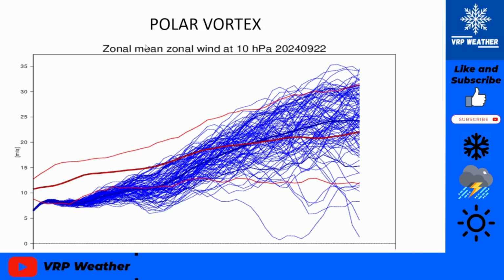Now talking about the polar vortex. There's been a lot of hype surrounding how it's been weaker than average. This red line represents our average. This thick blue line, which might be a little hard to see, is our current forecast and current analysis. I've learned this too. I also was like, wait, we have a very weak polar vortex.